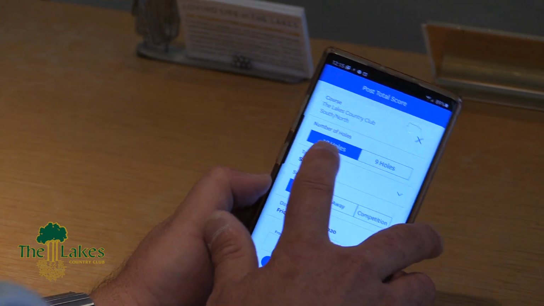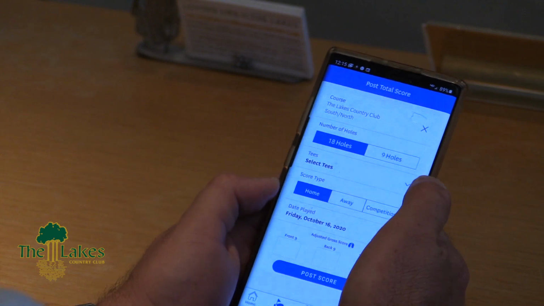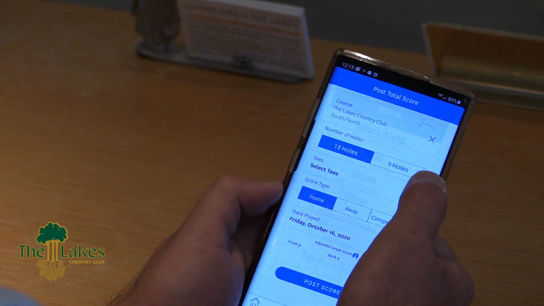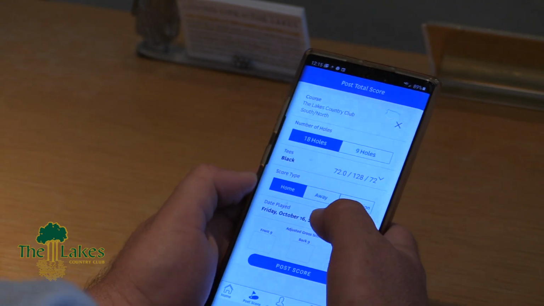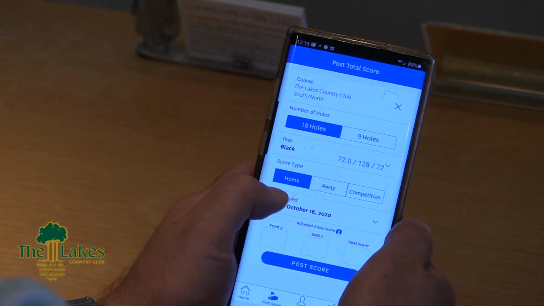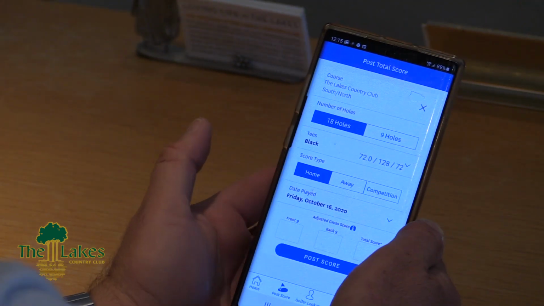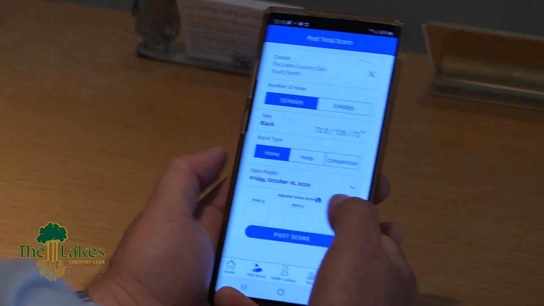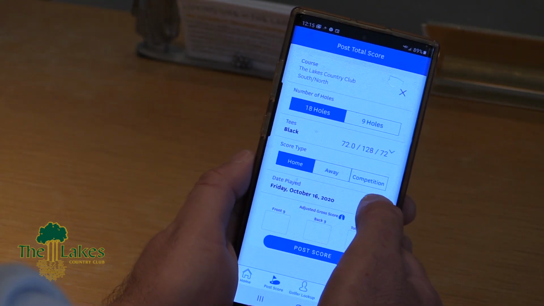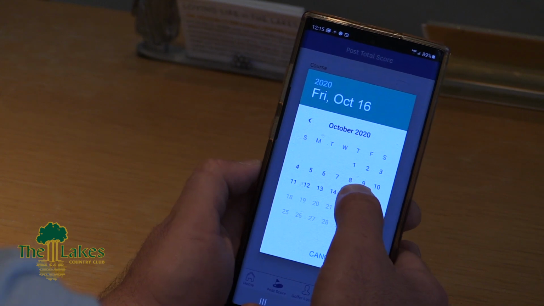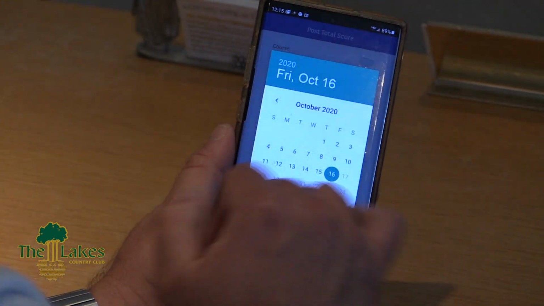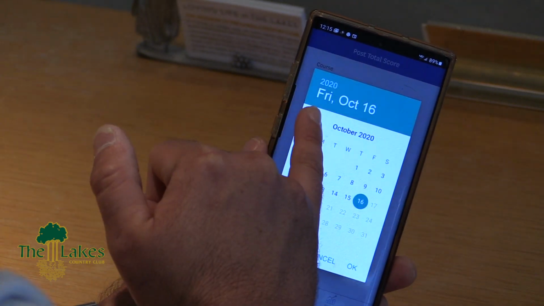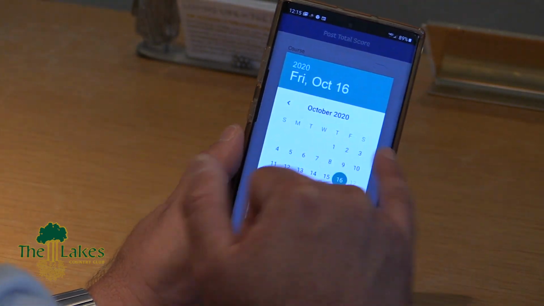The number of holes you played, let's say I played 18. Right below that there's a drop down where you select your tees. I'm going to say black tees, and score type is going to be home. Since it's here at the Lakes, it's a home score. And the date, you want to make sure the date is correct. We'll just use today's date. If you need to go back in the past, obviously you can do that. Here's the calendar. You can select backward, forward, choose whatever day it is,